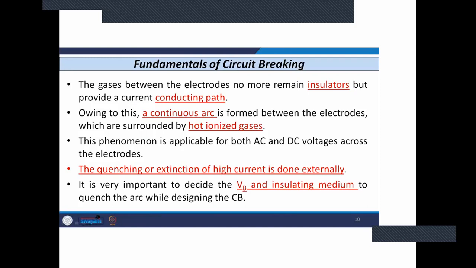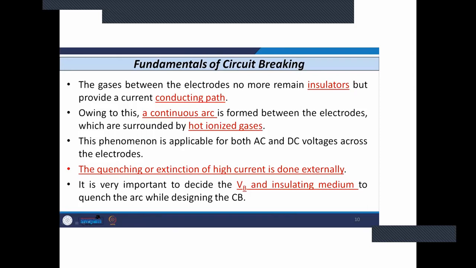What the insulating medium does is freeze the ionized particles. Once the ionized particles are frozen, they will not collide with the other neutral particles, no collision will occur, and so no more ionization will occur. So we have to make some arrangement so that the already ionized particles remain frozen, and do not play the role of a source of targeting